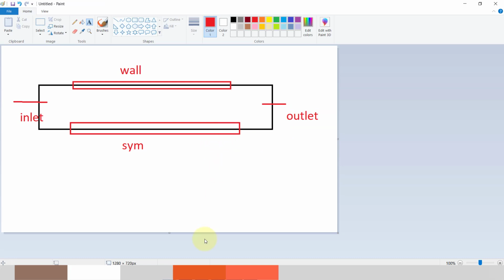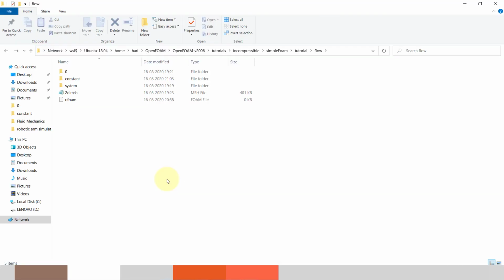We will first import our mesh into our directory. I have a 2d.msh file. It is actually a Fluent file, so I will convert the Fluent file into an OpenFOAM file.